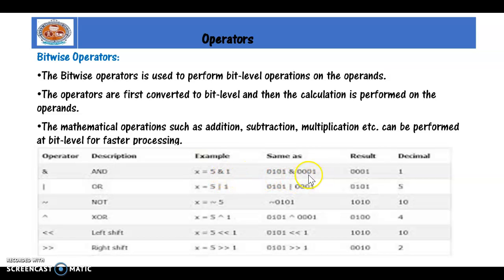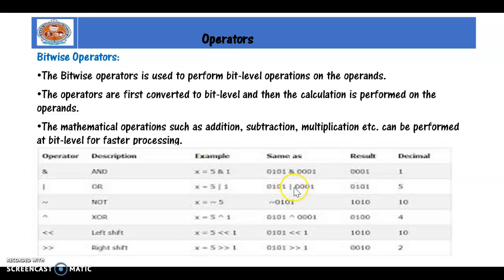I just need 1, so I'm placing just 2 power 0 as 1. And I'm performing the AND operation. If both are ones, then only the outcome is 1. Here if you observe, 1 and 1, the output is 1, and the remaining positions are 0. So what is the result? 1. Again, we are converting this into a numeric format, that is a decimal format. In decimal format we have it in the form of tens, and here we have it in the binary format. Here I am checking for 5 or 1. The same numbers I have represented.